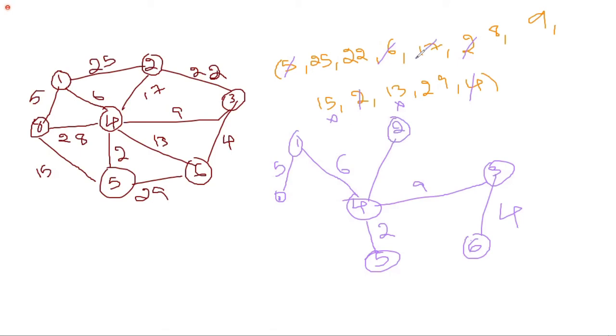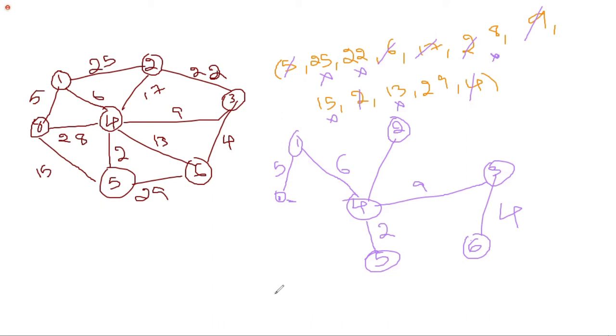Next one. Which one will you consider? 22 will be closed, ma'am. If I draw 22 edge, it will be a closed circuit. So I'm not considering it. Next 25, right? If I consider 25, again closed loop. Next, after this 28, if I consider 28, it will also be a closed circuit. Closed. Don't consider. So we have visited all the vertices. We'll check 0, 1, 2, 3, 4, 5, 6. We are having the connection too.